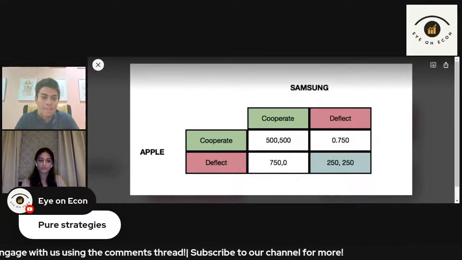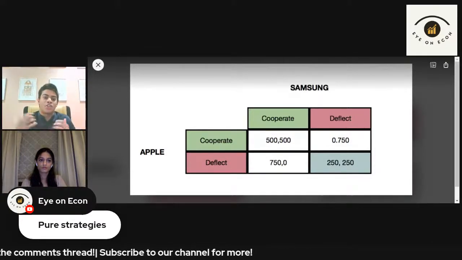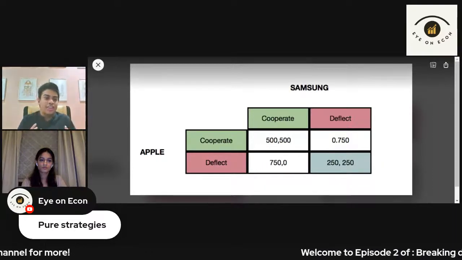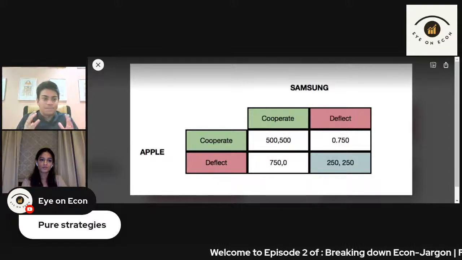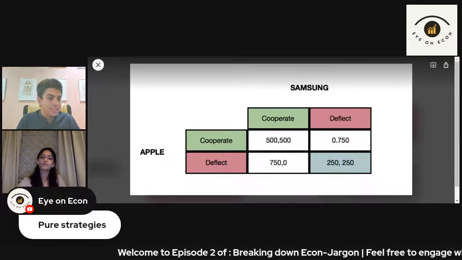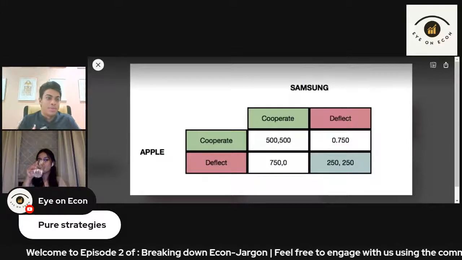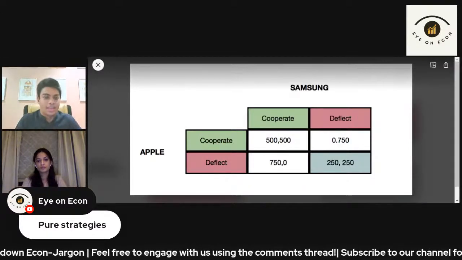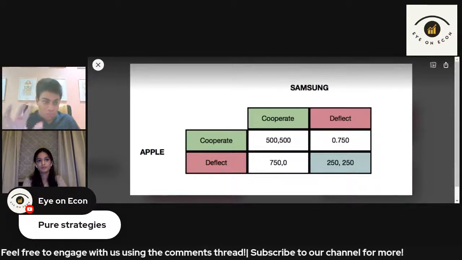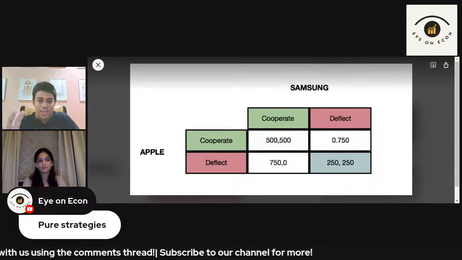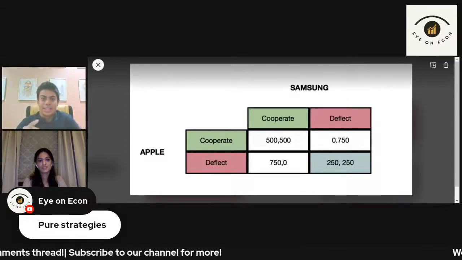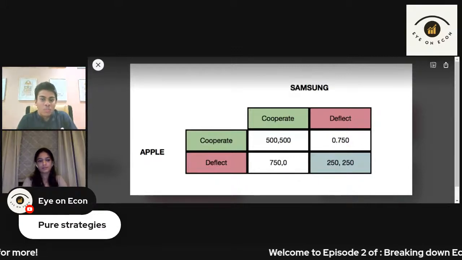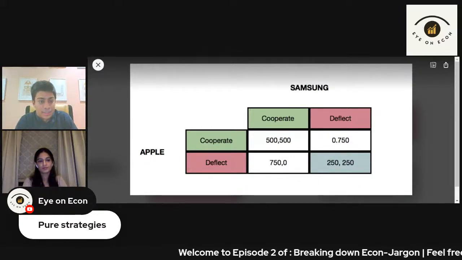And as Sanaa put it, right? So the two pure strategies you have are to cooperate and deflect. In another example, if one strategy gave you an optimal outcome on both fronts, that would be a pure strategy Nash equilibrium, where you have one strategy that works regardless of what the other player does. But in this case, as Sanaa explained very aptly, they realize that they both need to deflect because at the point at which one of them does